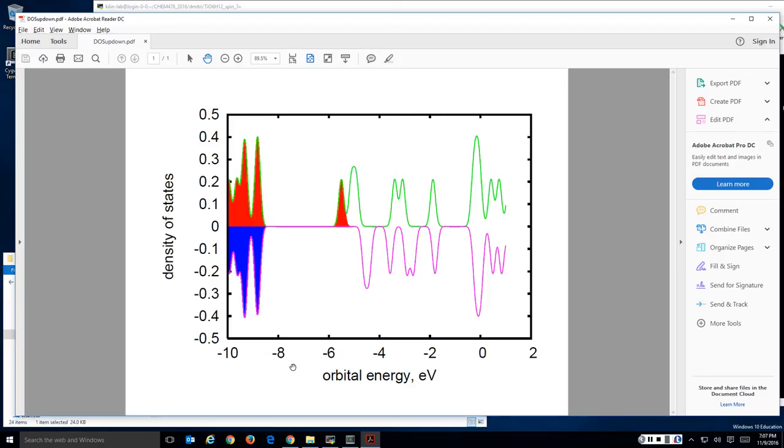So 0 is singlet, 1 doublet, 2 triplet, 3 quadruplet. If you put 3, it will mean that 1 electron will be removed from this oxygen orbital and placed into one of these titanium orbitals. And then the total difference of alpha and beta electrons will be